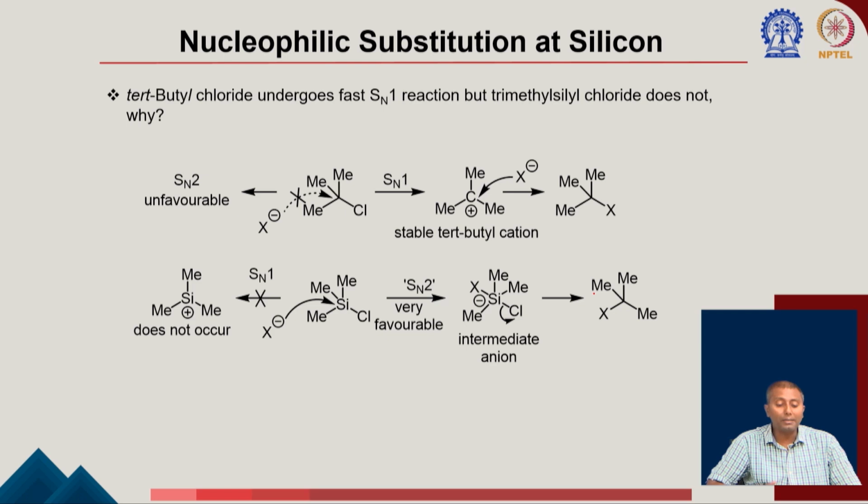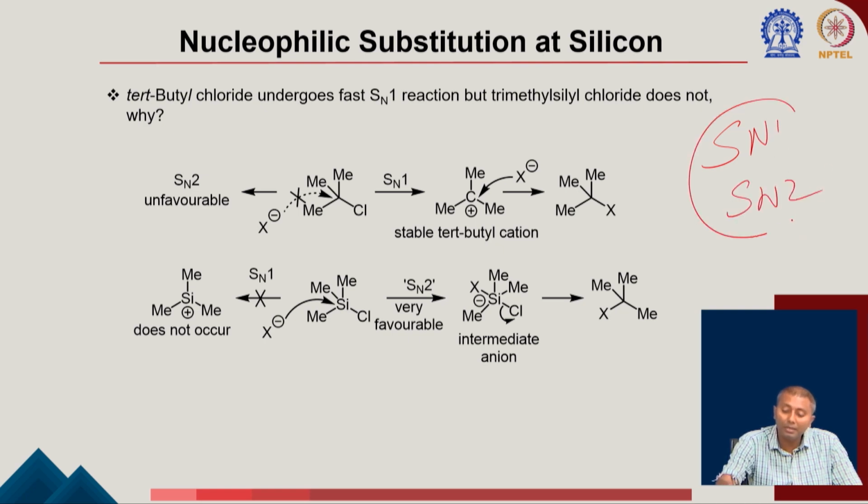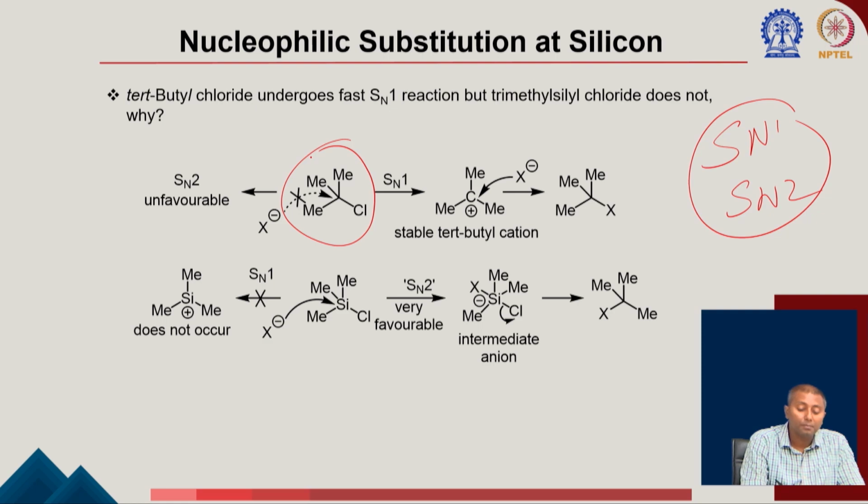The other important fact we have learned about the SN1 SN2 reaction for carbon, correct? I think we are very familiar with SN1 SN2. But here what we are going to learn is that if you have a corresponding tertiary carbon compound with a halogen, so you have a tertiary chloride. Okay. So now if you have a tert-butyl chloride, you try to react for a substitution reaction, you mostly end